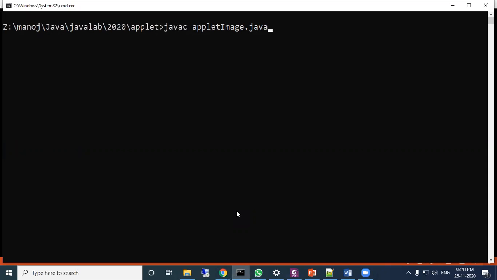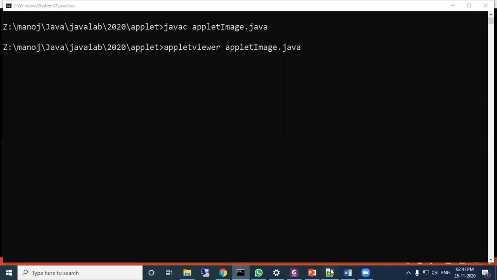Suppose there is a program, AppletImage.java. I compile that file, and when I call it using appletviewer, this Java file contains one HTML code. That HTML code is written in the file.